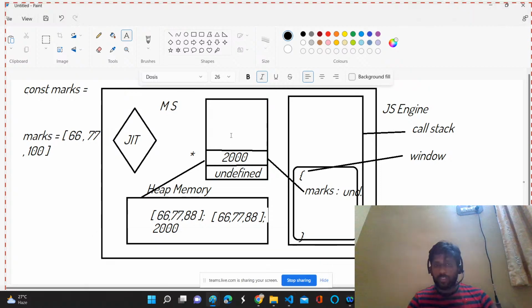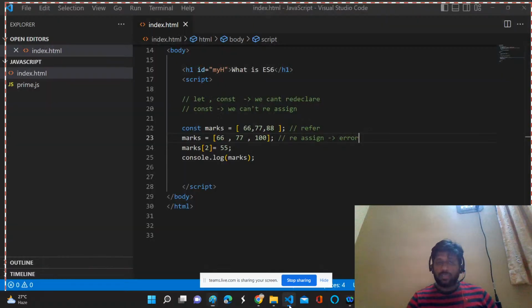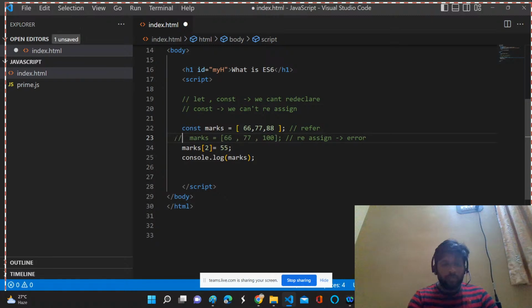But we don't have any problem for this. What you're doing, marks of 2 is equal to 55, even though it is a constant, it simply goes through, because it's a reference type and you're not changing anything in the memory stack. So for marks of 2, it will go to this memory, and happily we can change the value from 88 to 100. Or even if you want to push the new value, no